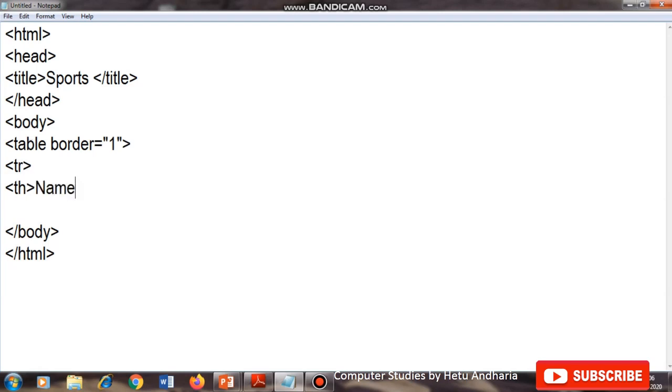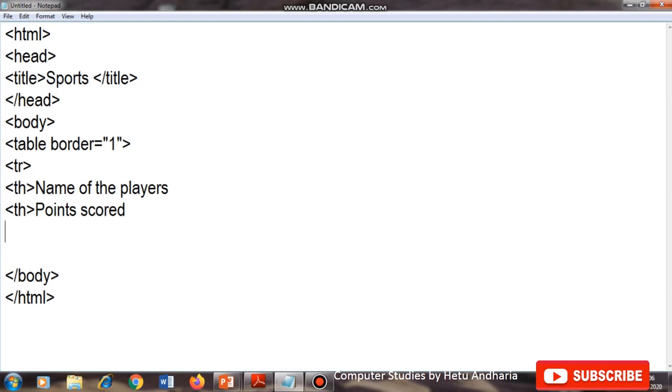Th, name of the players. The next heading I want to give is points scored. Okay, so 2 columns are ready, and this row is completed here by /tr.